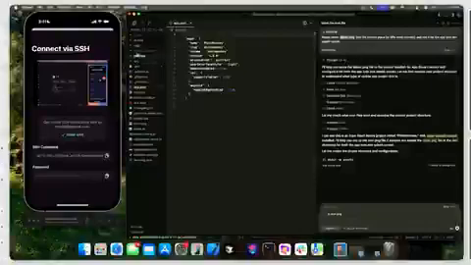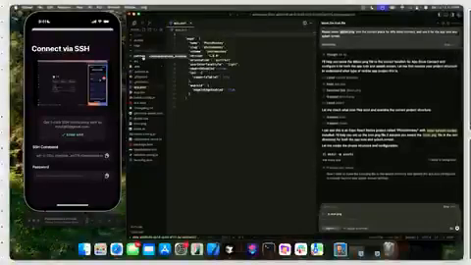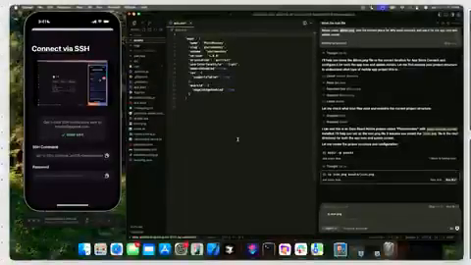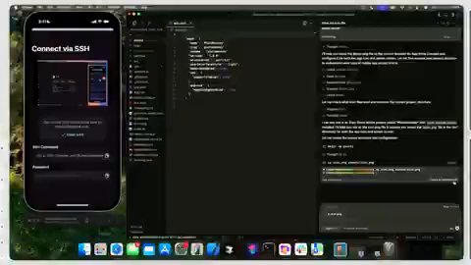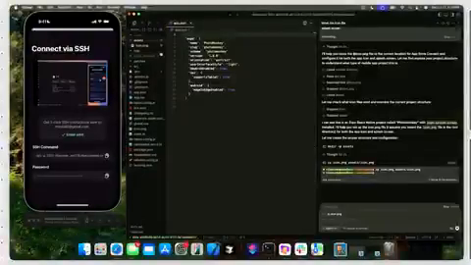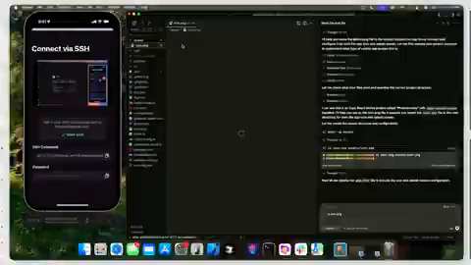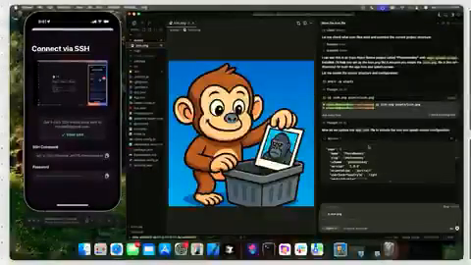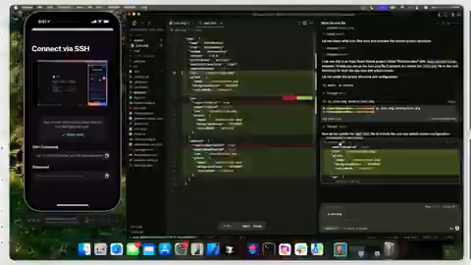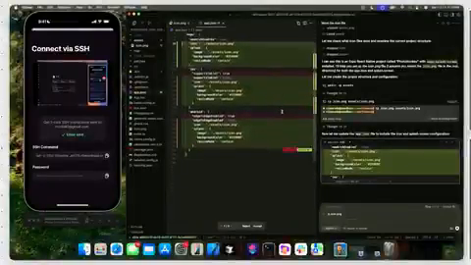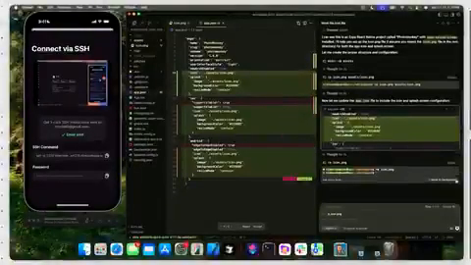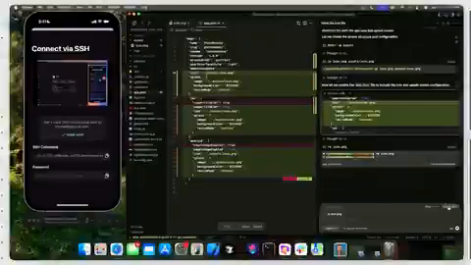Okay. Cool, so it made a new folder, assets, and it just moved icon.png into assets. So now the monkey photo is in assets. Now I can use it. Now we can continue. And then it did some app.json. Cool. Now there's one more thing that you need to do,